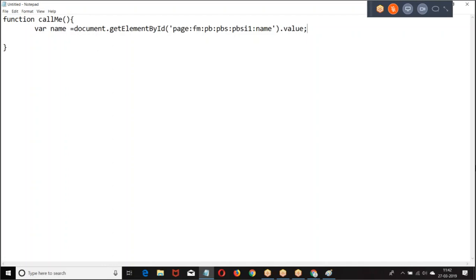Page, form, page block section item name. Page, form, page block section item name dot value.